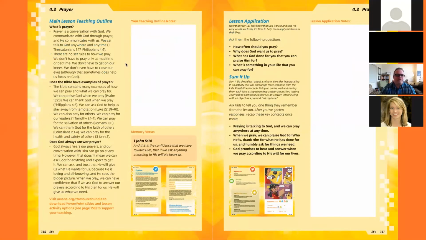All right. Then we move on to the next spread of the large group teaching guide. You'll see again, we changed up the landscape orientation, but largely all the components stayed the same. You'll see that, like before, we went very horizontal with some of this white space here in your teaching outline notes, lesson application notes. Here we're going vertical,